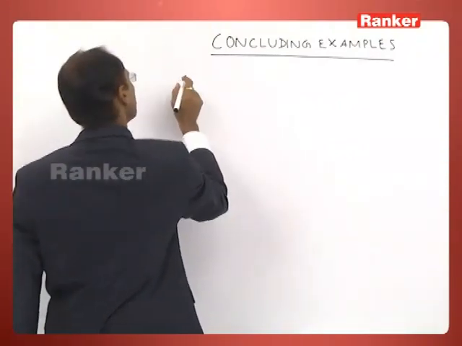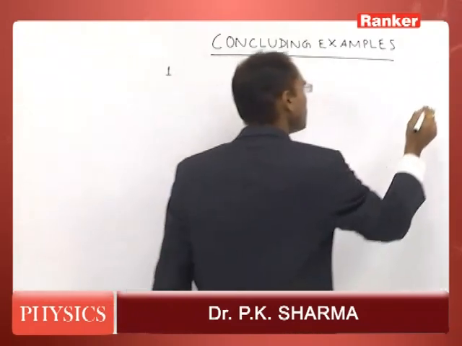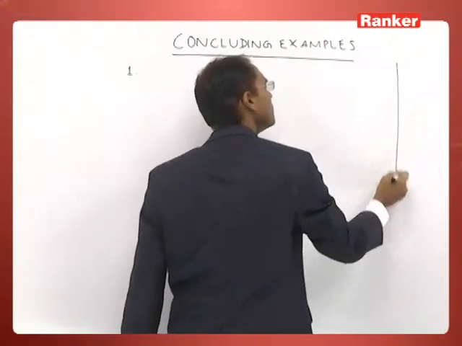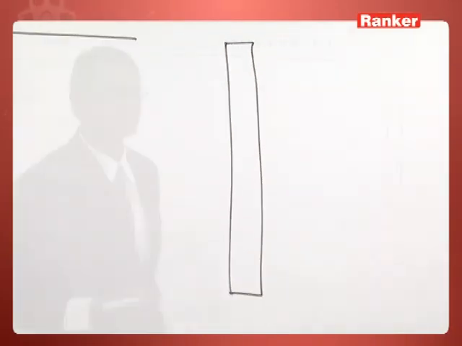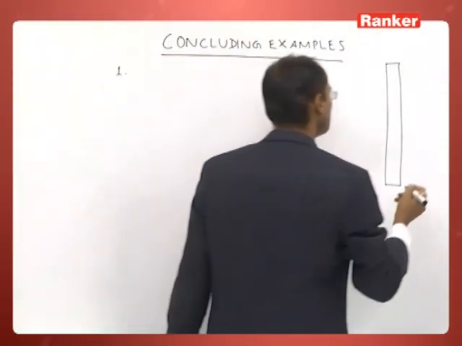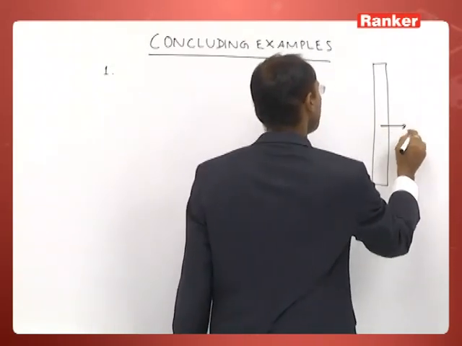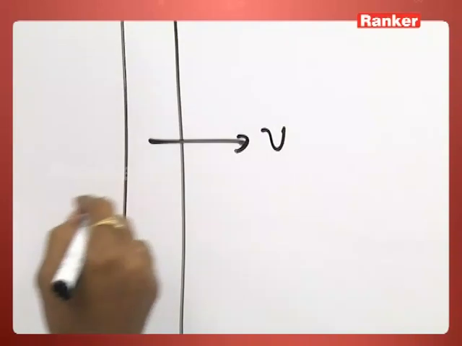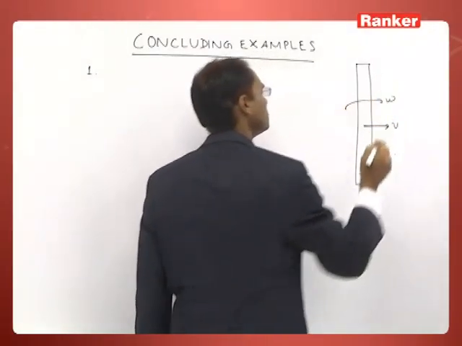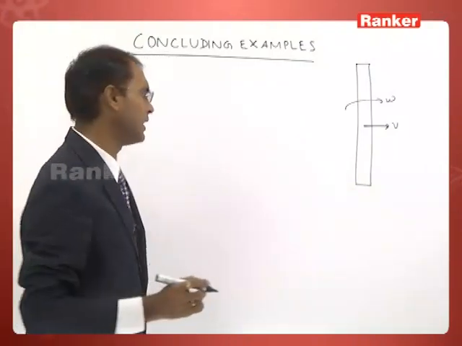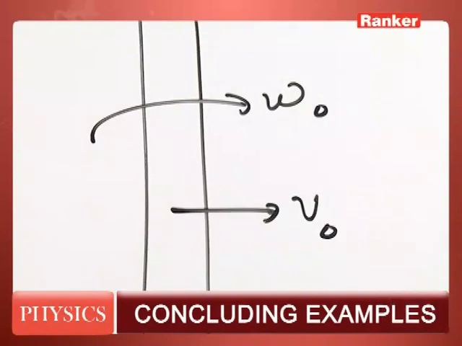Let us take an example of collision of rigid body, say the rod, which moves with velocity v and angular velocity omega. Initially, let it be v naught and omega naught, and it is